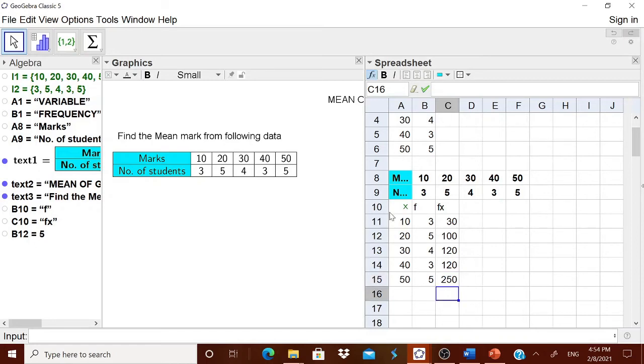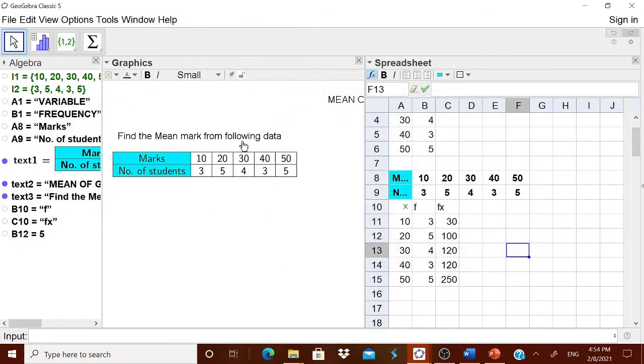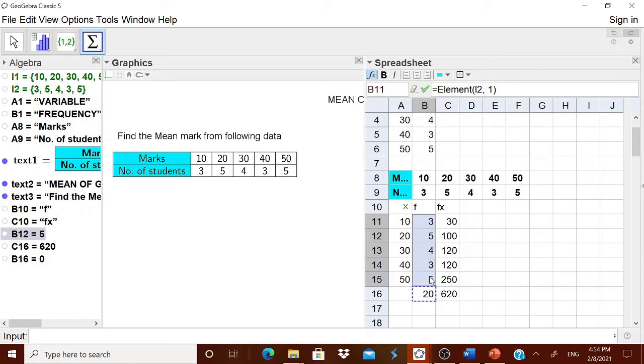I think you got it. Now you want the summation of this. When you click this spreadsheet, this tool will open. Go to the sigma. You want it here, press sigma, a question mark will come, drag this. You got the summation. Sigma fi also you want, again sigma, then drag it.